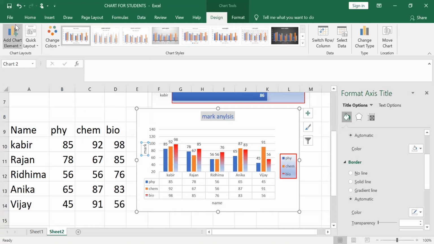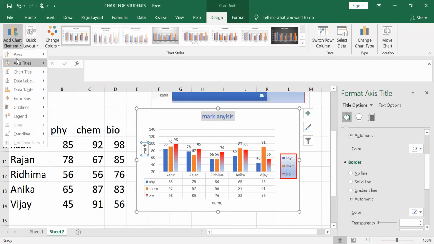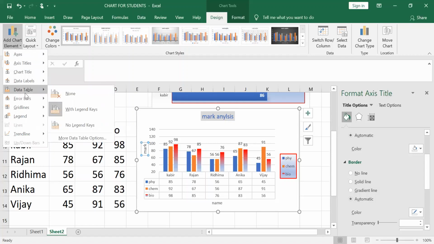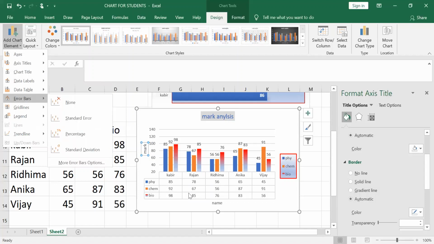So I can go to Design, then Add Chart Element: Axes, Axis Titles, Chart Title, Data Table, Data Labels, whatever. A data table is very good to add to the chart, so that instead of going to the data directly, you can analyse the data from here: physics whatever the mark, chemistry whatever the mark, biology whatever the mark, you can see.